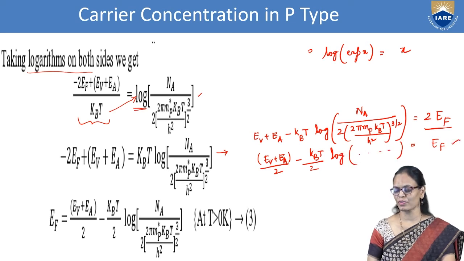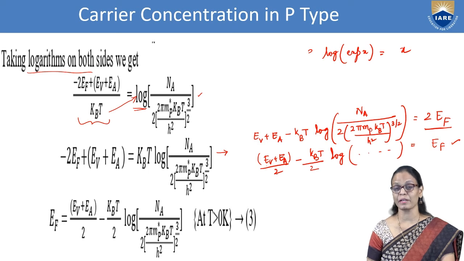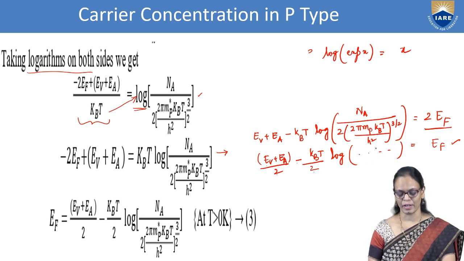So what we are having for EF now? EV plus EA by 2 minus KBT by 2 log the whole term we have. So that is what we are writing here. EF is equal to EV plus EA by 2 minus KBT by 2. Hope you understand why we are getting this minus. Because we want to find EF, we have taken EF onto the other side and KBT onto the left hand